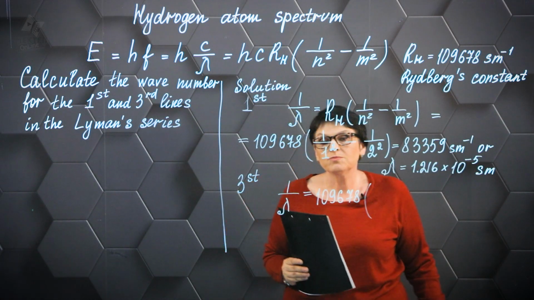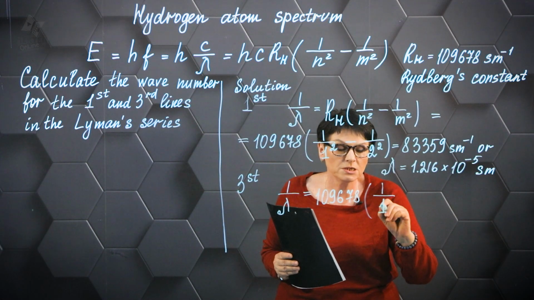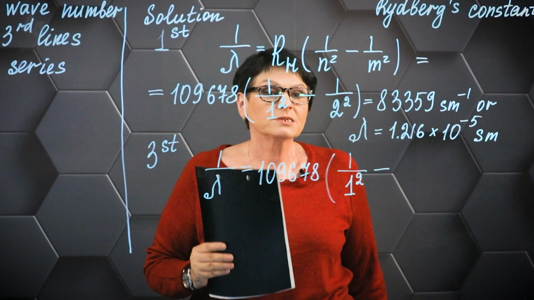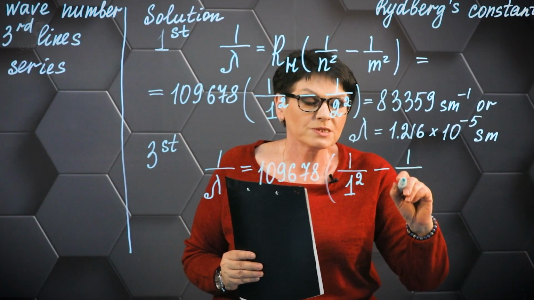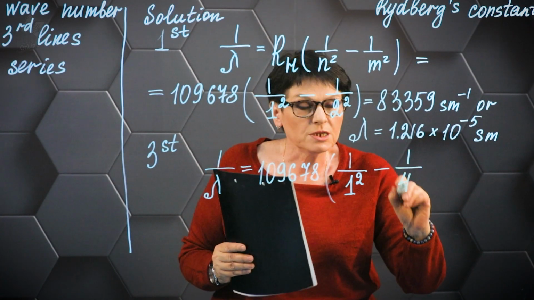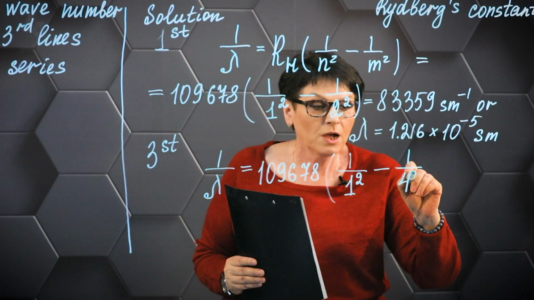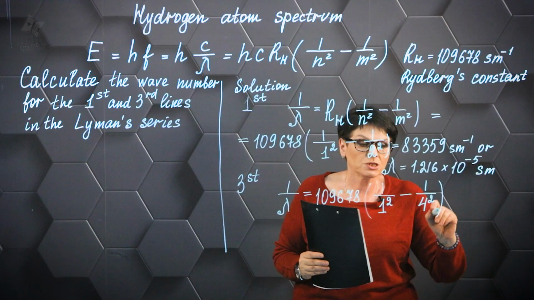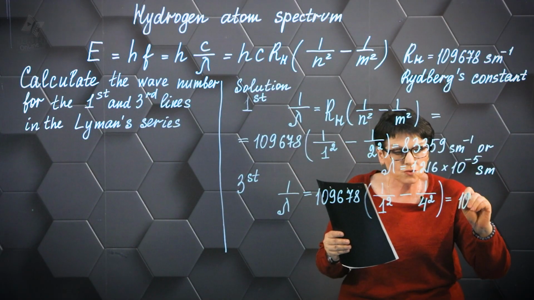Now we need to calculate the transition to the first level, so 1 divided by 1 squared, but the transition is from the third line, and so instead of m, we must substitute here 4, because only from the fourth level you can go to the third line, and it turns out to be 1 divided by 4 squared. So if we do the math here, we get 102,823 centimeters to the power of minus 1,